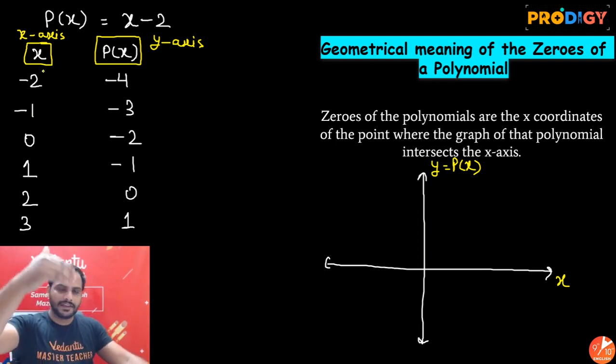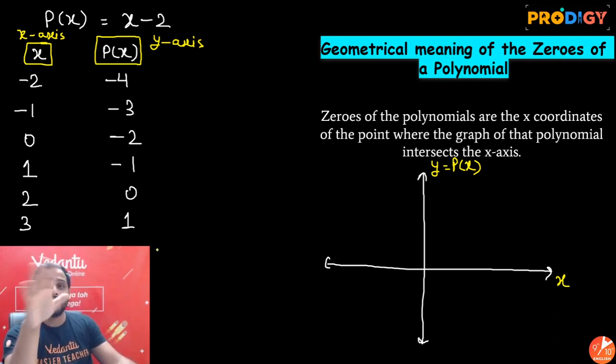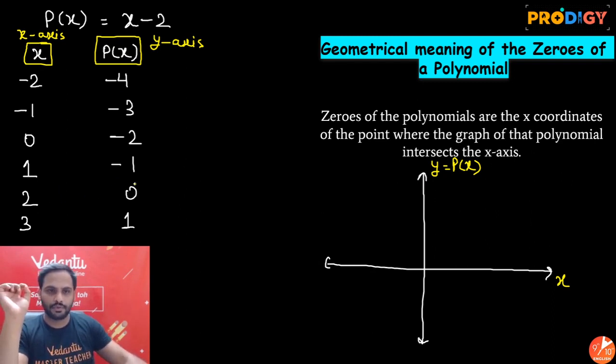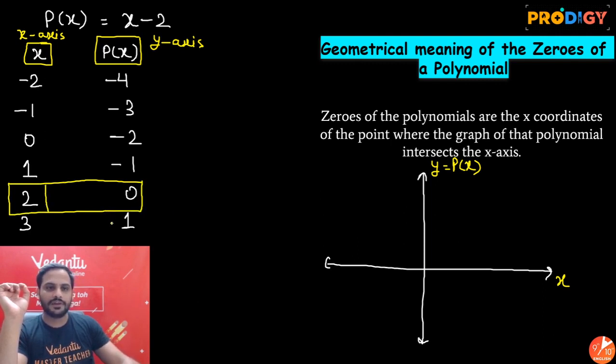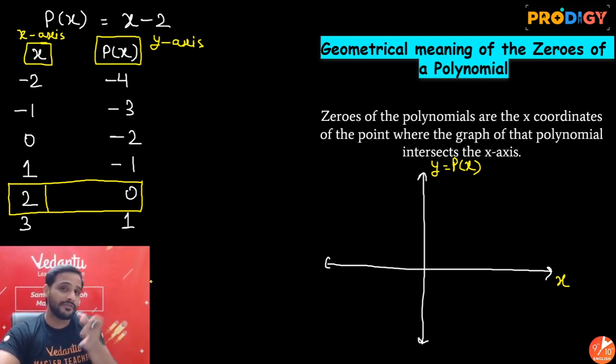Alright, beta, if I give you these values over here, and if I ask you, looking at these values, which value of x is the zero of this polynomial? For what value of x, or what is the zero of this polynomial p(x)? You'll clearly see the value of the polynomial becomes 0 at x equal to 2. So you can clearly say it will be a zero of the polynomial. X equal to 2 is a zero of this polynomial. Simple. Now how do we find the zero by looking at the graph? That is what we are going to find out now.